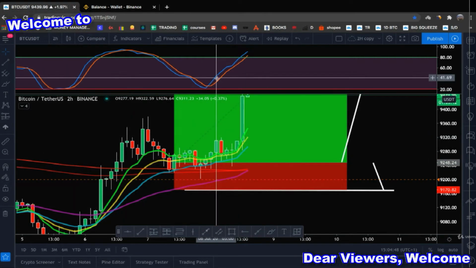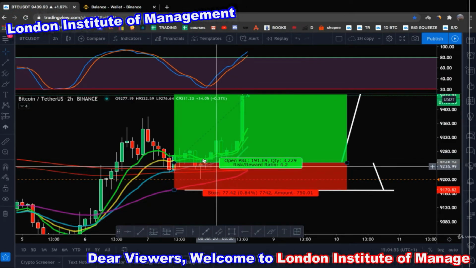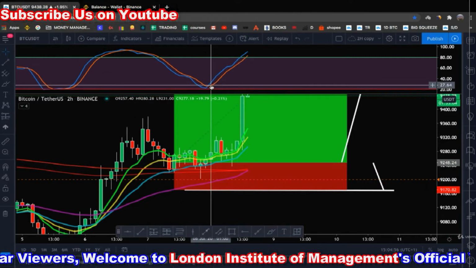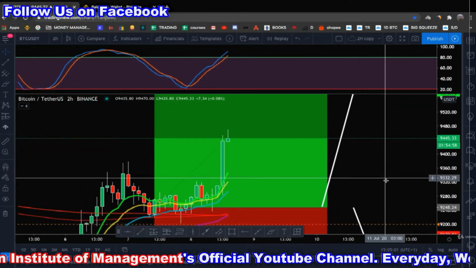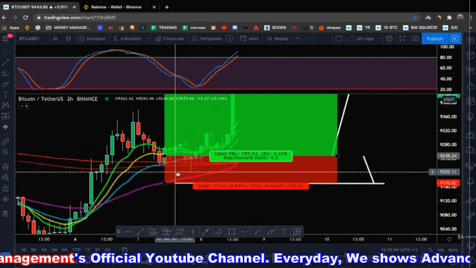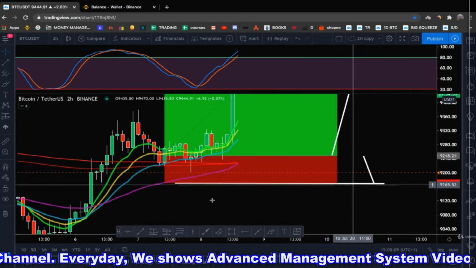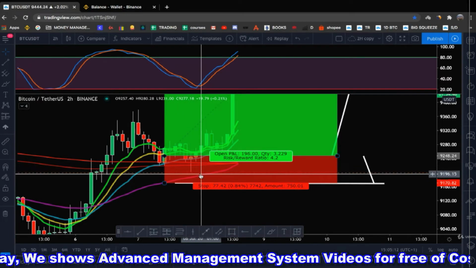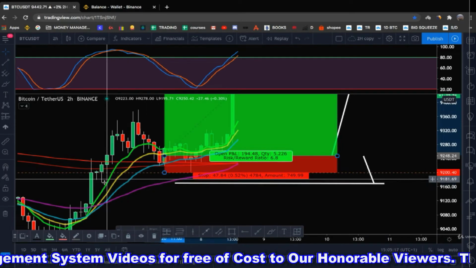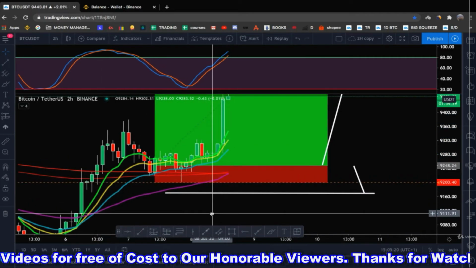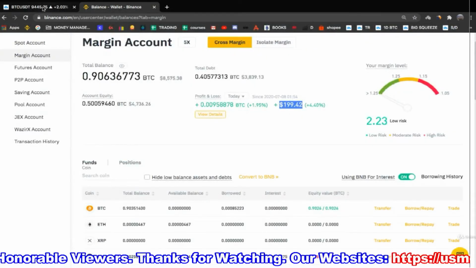You see, I entered before the confirmed bull cross. That's why my price is a little bit lower than this candle. But I anticipated, I entered. The cross was confirmed after that, and as you can see, this is a nice trade so far. My stop loss was under here, where you will see my alert. You will see my alert even in the previous videos, right? This is the alert here that I said if my stop loss got hit, to exit. So my stop loss basically is here, as in the example I gave you a stop loss here, but my real stop loss was here. So I'm sitting in a nice trade right now. I just wanted to show you a real example.